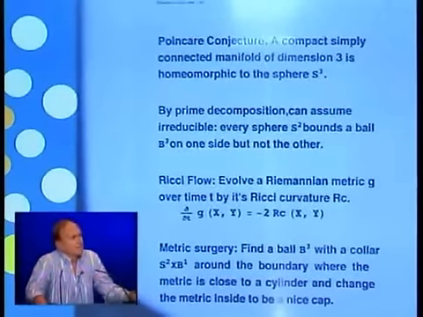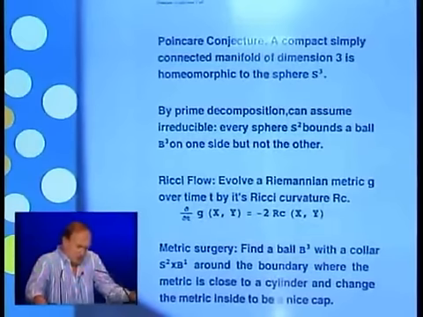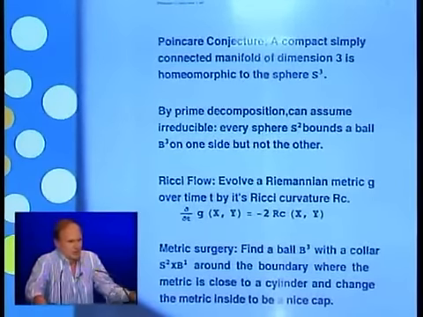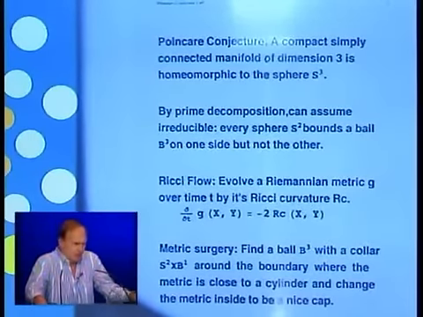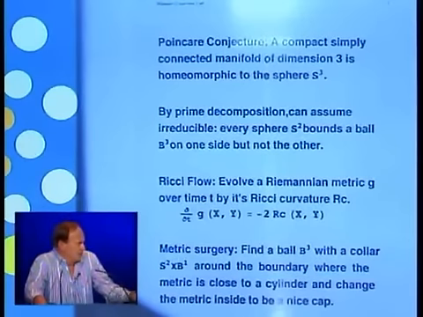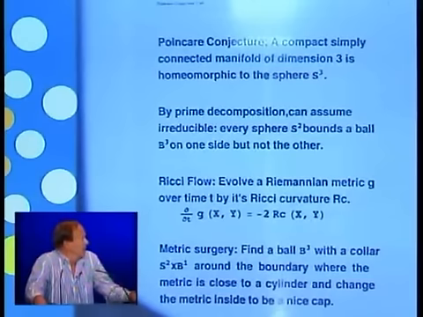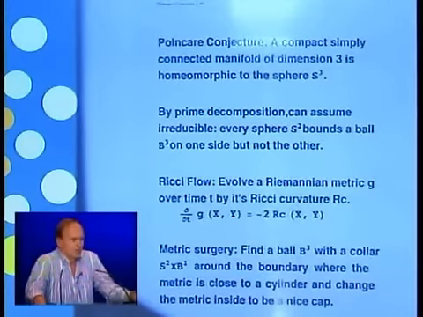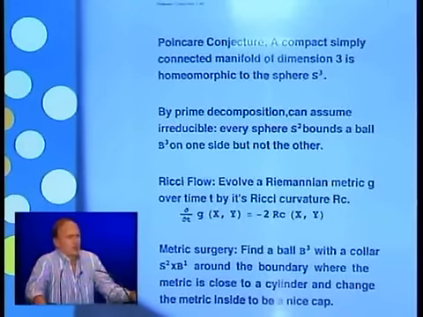And Eells and Sampson had used a parabolic flow to prove existence of harmonic maps, to take a map and straighten it out and make it nice. So I thought, well, maybe you can do the same thing with a metric. Start with a metric and flow it to try to spread the curvature out evenly over the whole manifold. And I couldn't figure out how to do it for quite a while, and then I thought, well, if you